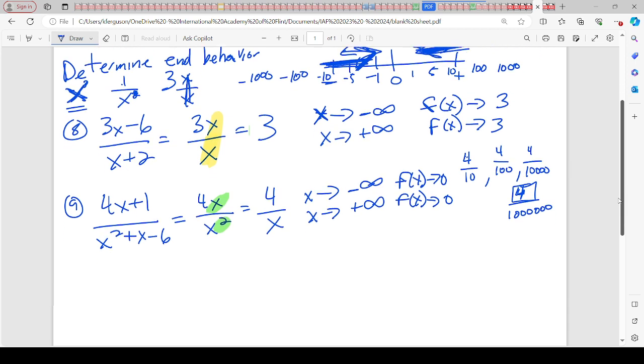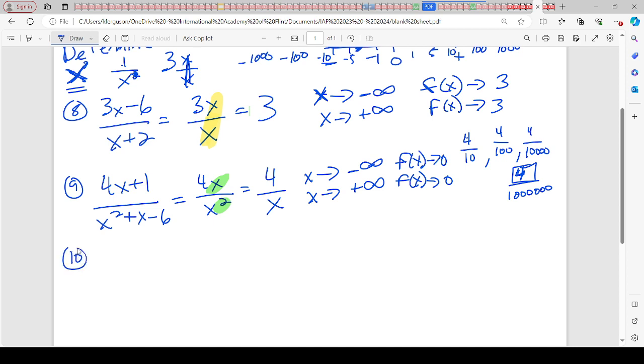Now, I made a misstep on number 10. I forgot to put x squared. So it originally said x plus 3 over x minus 2. I'm going to change that to x squared so I can make my point. So I've got x squared plus 3 divided by x minus 2. So I'm going to forget about the constants and just say I've got x squared over x. Well,